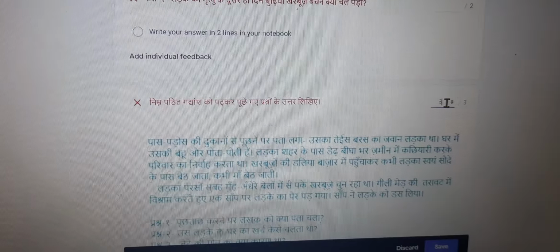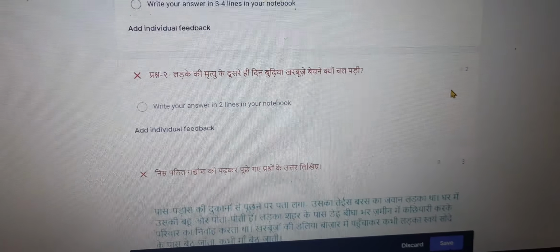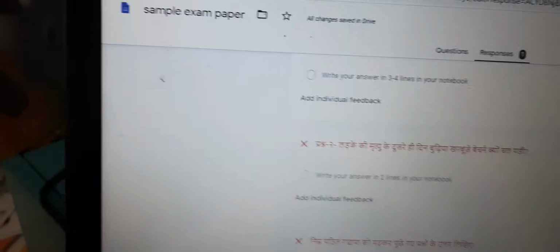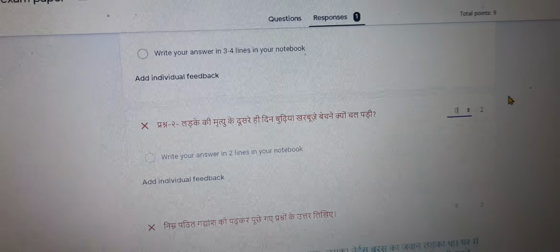Let's say out of 3 I got only 2 marks in this, and this was totally wrong, so out of 2 I got only 0 marks. Sorry, 0 marks.